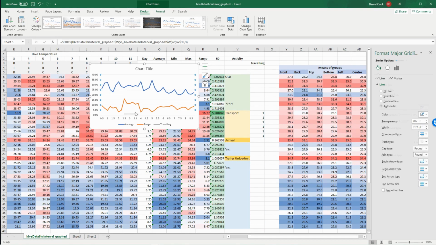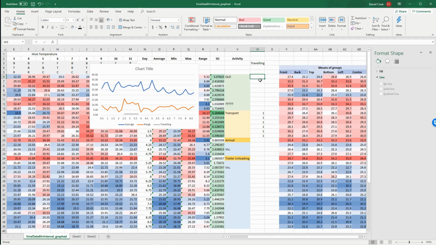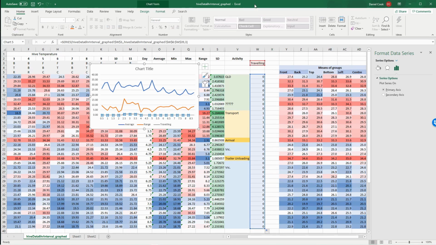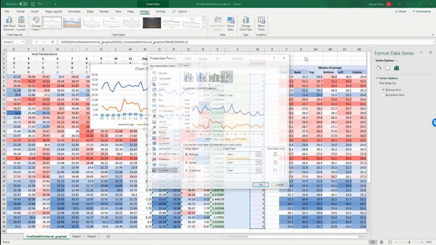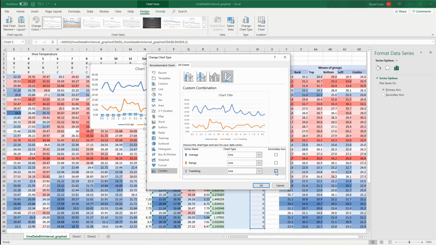You'll see that it's not jumping between 0 and 1 because we've got no zeros in here. So let's just throw some zeros in for our data set. Now all of a sudden we've got this little bump. We can go back into that chart design and change the chart type. Throw it on a secondary axis, and of course what we have is, because we're going between 0 and 1, we now have a lovely